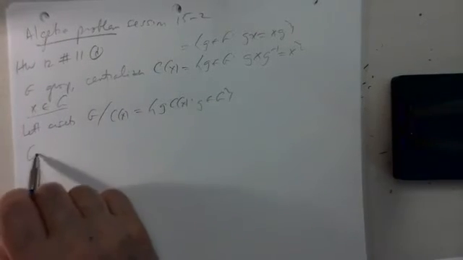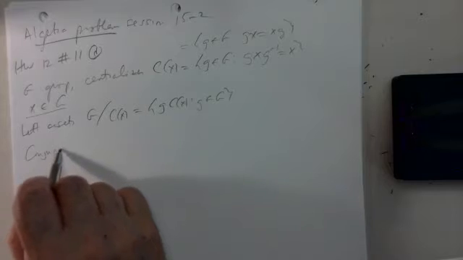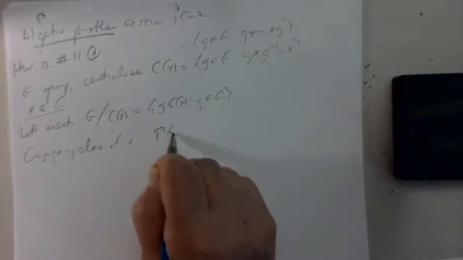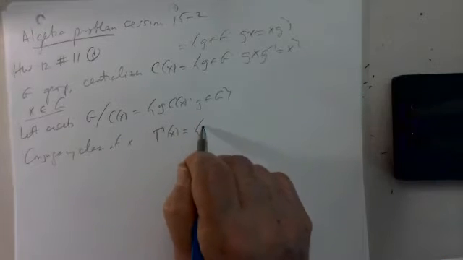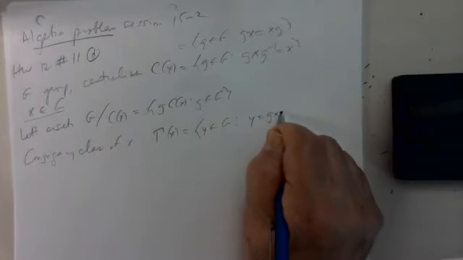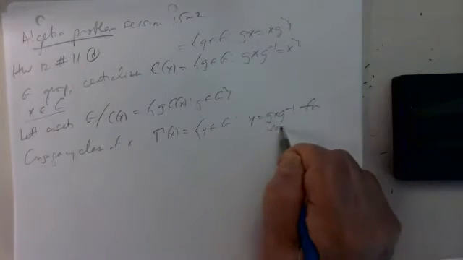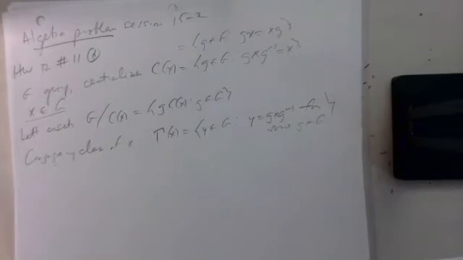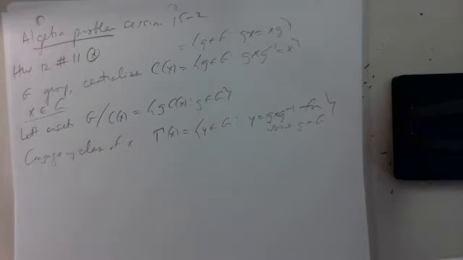And we also have the conjugacy class of X, which is gamma of X, which is everything in the group that you can write in the form gxg inverse for some g in G. So to every element of the conjugacy class, I want to assign a left coset and conversely. Okay, so